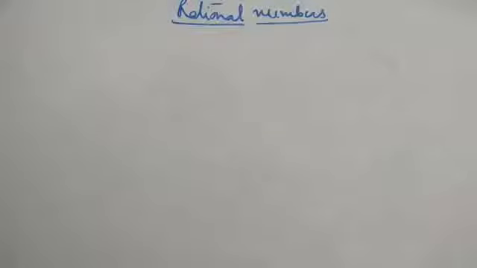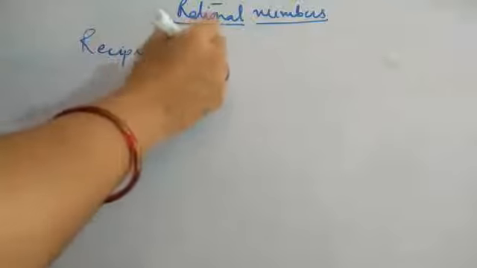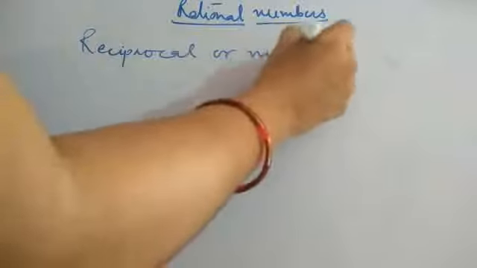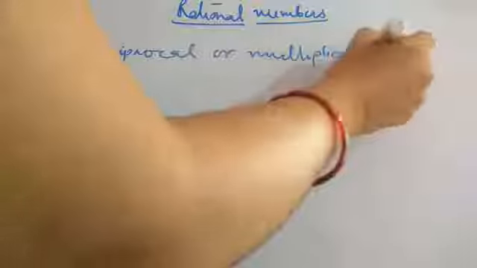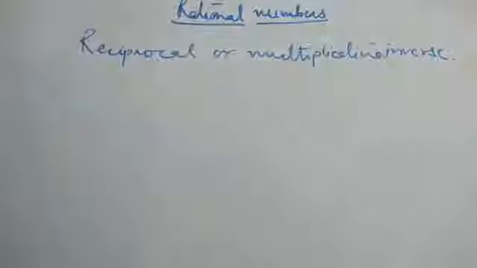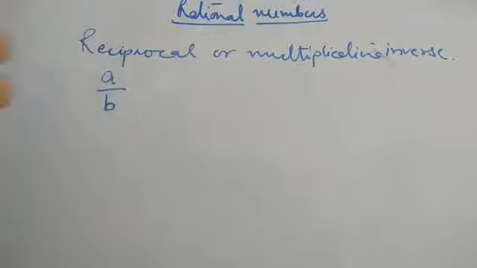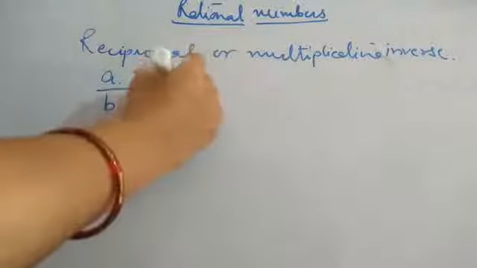Now for division, first we will study the concept of reciprocal or multiplicative inverse. They are one and the same thing. Okay, two names for the same thing, reciprocal, or we also call it a multiplicative inverse, because we need this in division. Now what do we mean by reciprocal or multiplicative inverse? See children, suppose you have the rational number a upon b, its reciprocal will be b upon a.